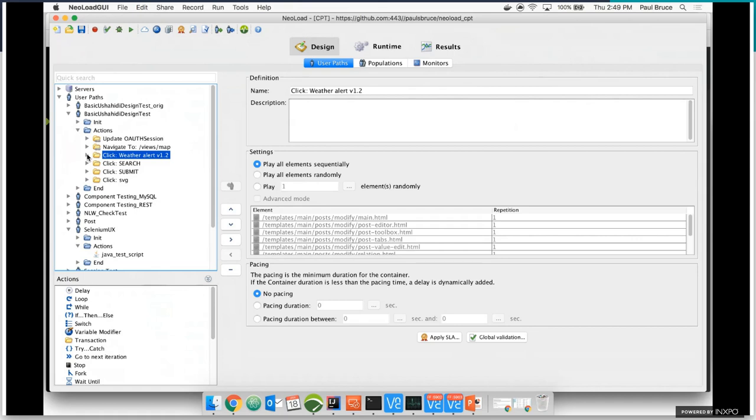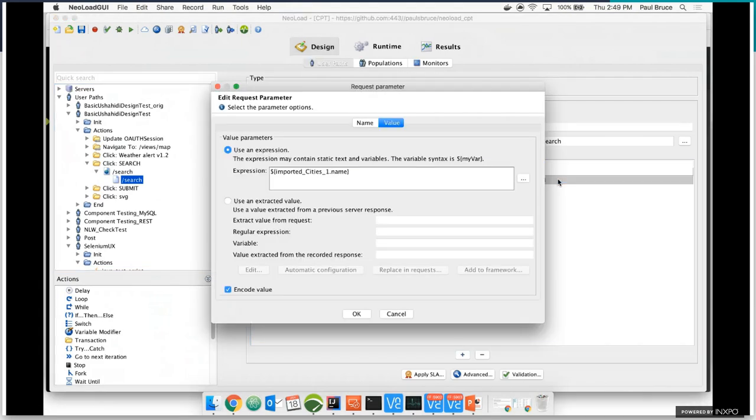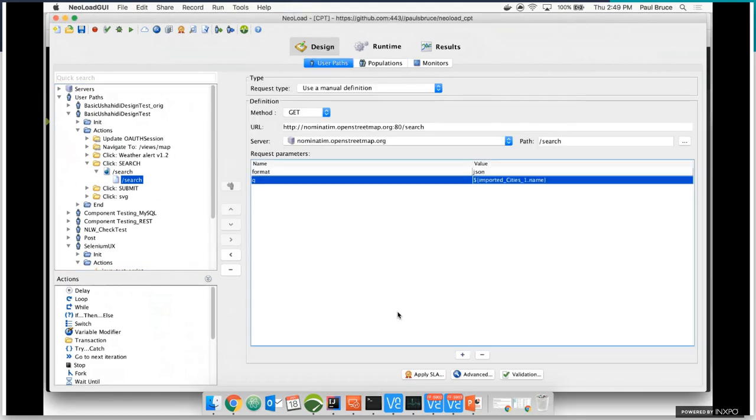But what happens if I want to re-record something? What happens if I originally recorded something, but I changed that test a lot? I added some customizations around how to handle the test environment, like updating some kind of session token early, or let's say I have a shared component in there. What about if I wanted to start injecting data into my tests and use variables and start to customize my scripts? What happens if they ship me a new version of that test that changes things around? Well,